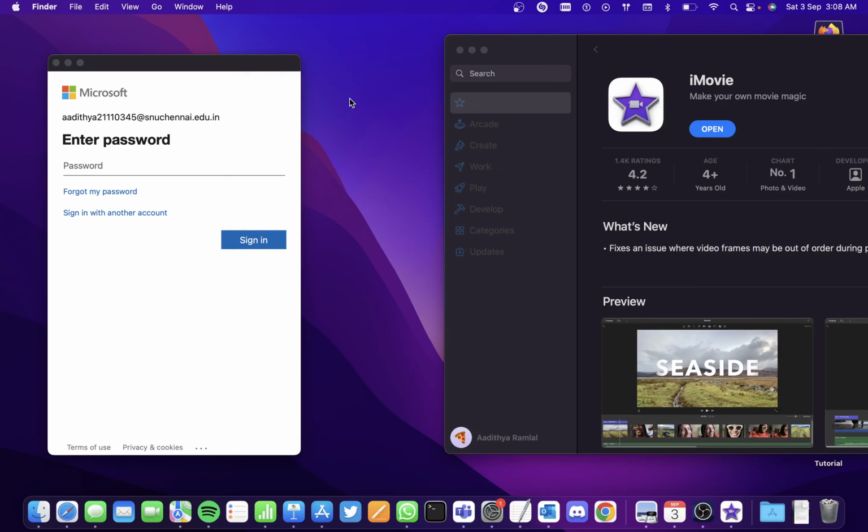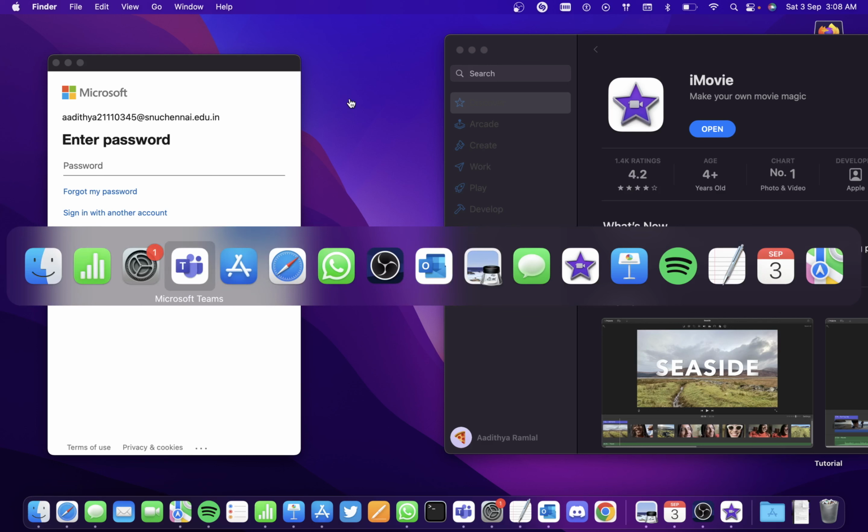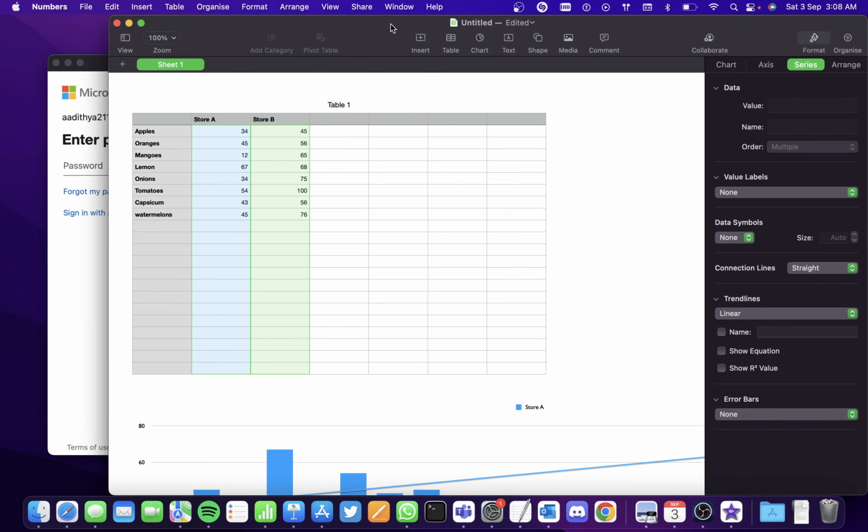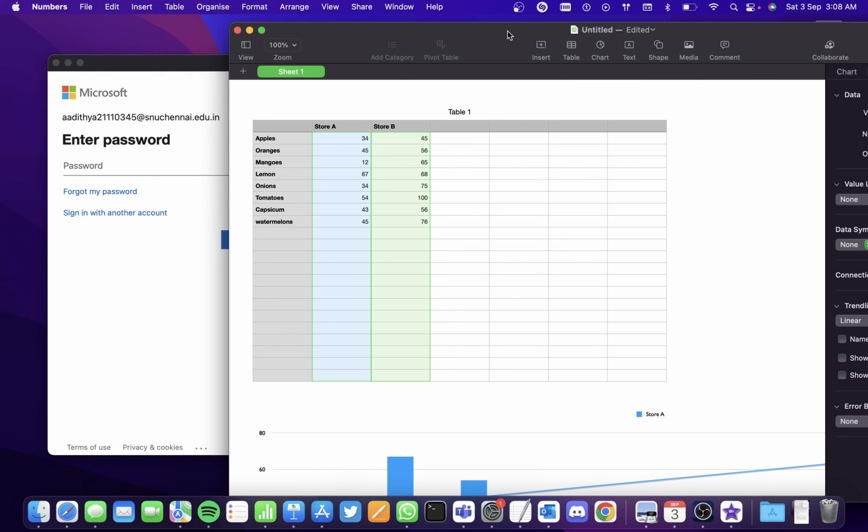Now, to bring the hidden application back, hold on to Command Tab, and this will show you the applications that were recently opened. And now go to Numbers, and if you leave the Command key on the keyboard, the application is open. So this is a much easier method than